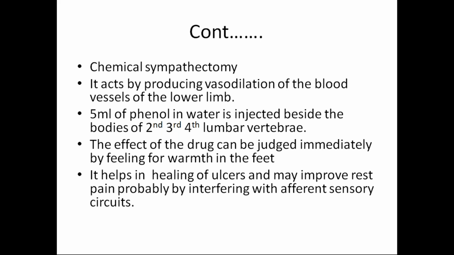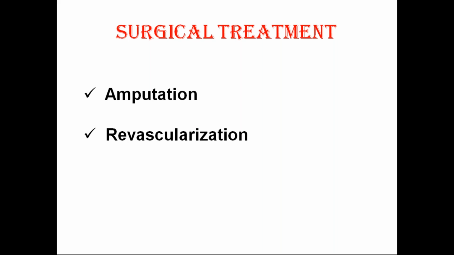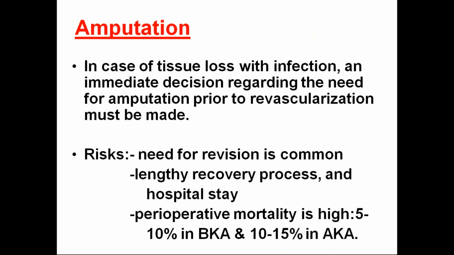It helps in healing of the ulcers and may improve rest pain, probably by interfering with afferent sensory circuits. So what is the surgical treatment? Amputation and revascularization. Okay. When do we do amputation? In case of irreversible damage to the limbs, or if the patient is not able to stabilize even on revascularization techniques, or if the patient has continuous chronic pain, then we go for the